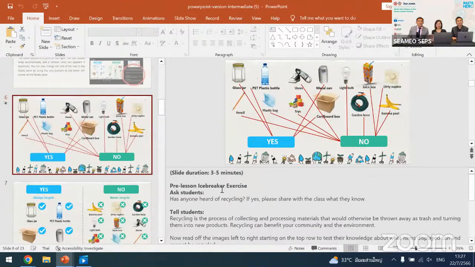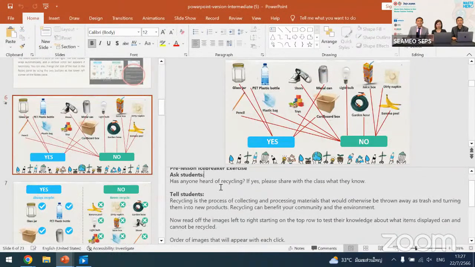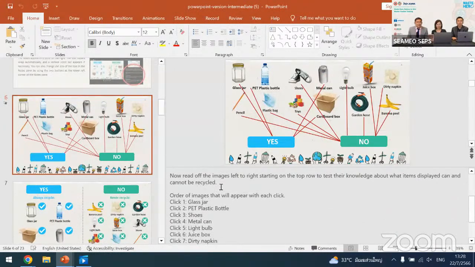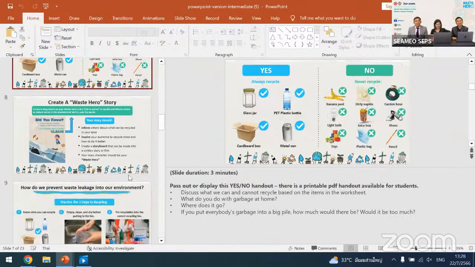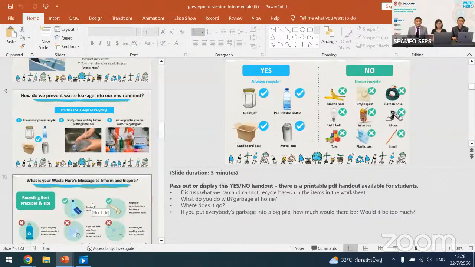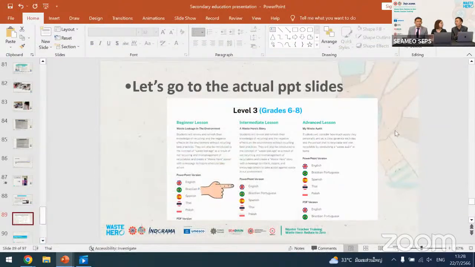Here you can actually see the notes, and the key answers are also provided here. You can just click and say, okay, yes, no, and you look knowledgeable, because you read this before. So you don't have to search for the answers yourself. You just use this guideline. It's easy, user-friendly, and it helps a lot. Without much preparation, you can use this PowerPoint slide very easily. It's so beneficial for the teacher who would like to use this. Yes, exactly.